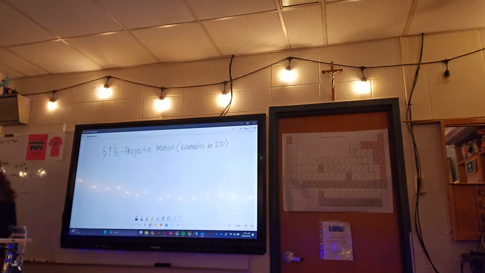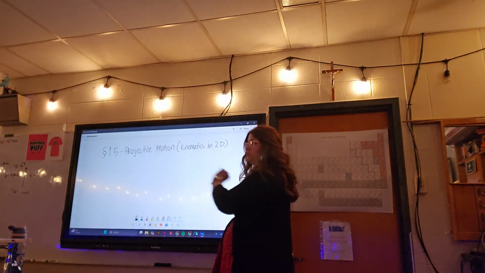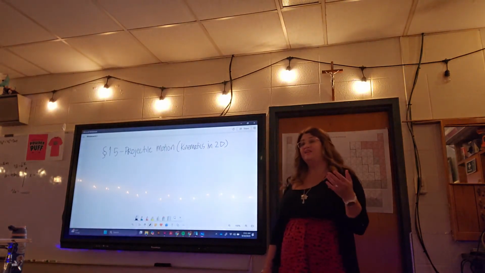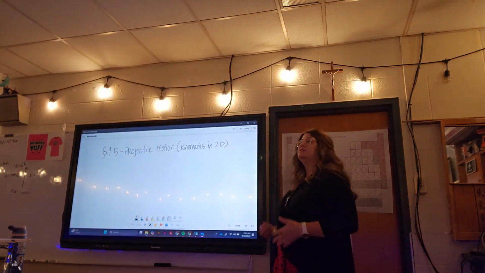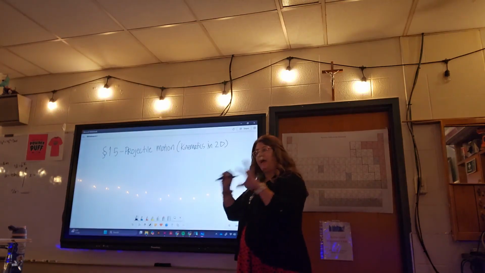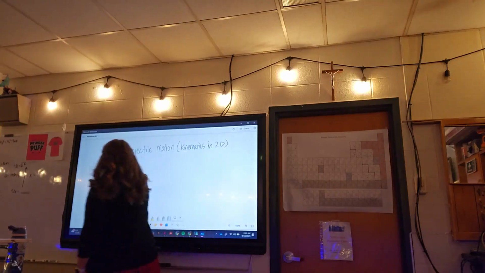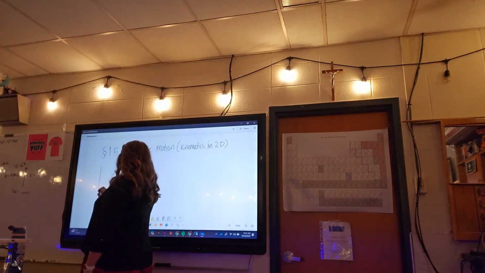Okay, so when we're talking about objects that are in motion, a lot of the time we're talking about things moving in 1 dimension. I just walked across the classroom. I'm moving only in 1 dimension because I have only horizontal movement. But a lot of times we have situations where we're moving both vertically and horizontally, and we need to think about motion as 2 independent pathways. So on your XY axis, if you have